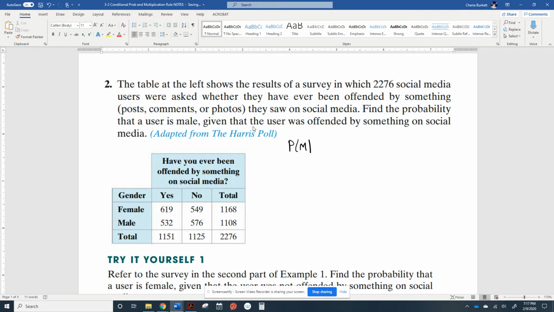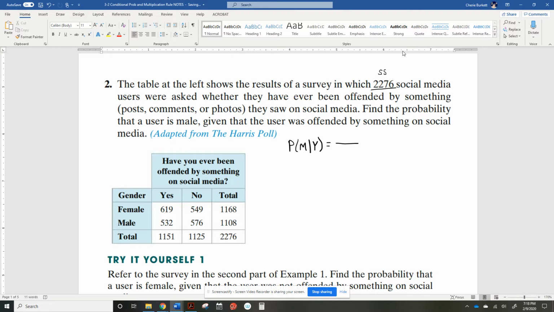So we're going to put yes, he was offended. And the reason that I know I'm going to put yes here was the question, have you ever been offended by something in social media? The answers were yes, no. So they're taking not all the surveys, not the 2,276. This is the original sample space, 2,276. All we're going to do is use the sample space of just the ones